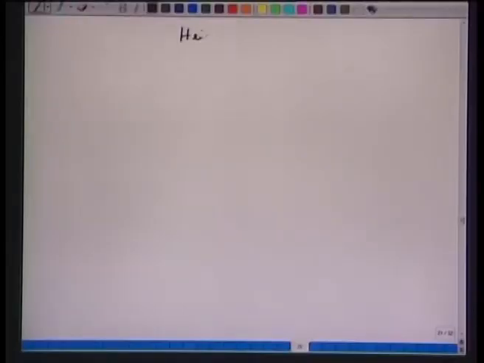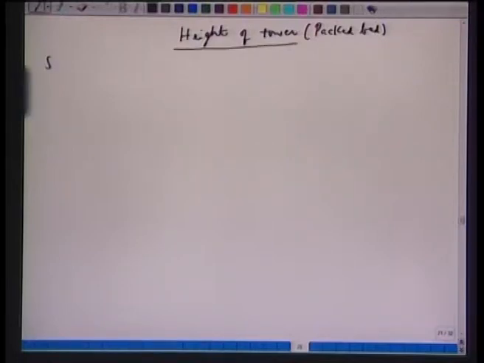Okay. So let us start the second part of this chapter. How do we determine the height of the tower? Height of the tower or absorption column, and we are saying that we have this packed bed. So essentially we have a packed bed column and we are looking at the height of a tower. So far we discussed the equilibrium curve, and we discussed the operating curve, operating lines.